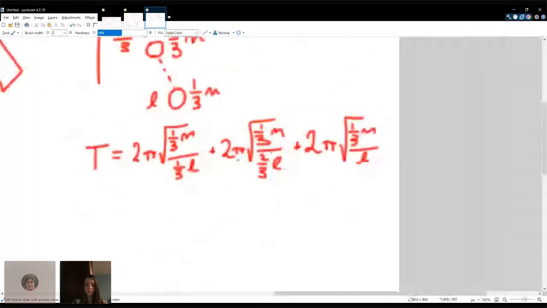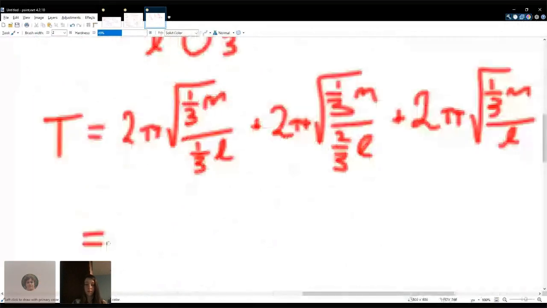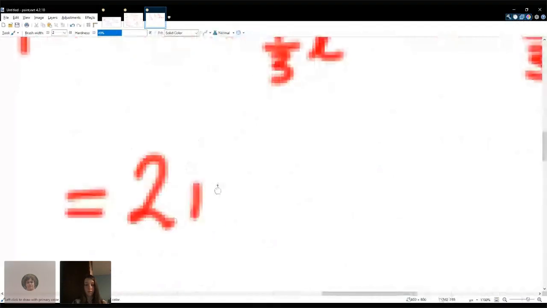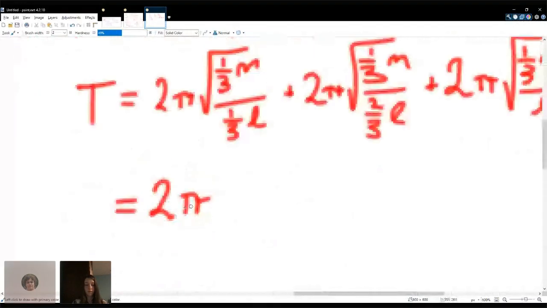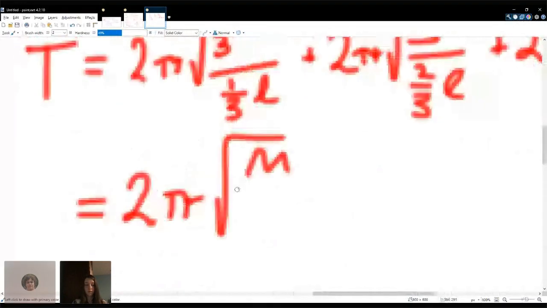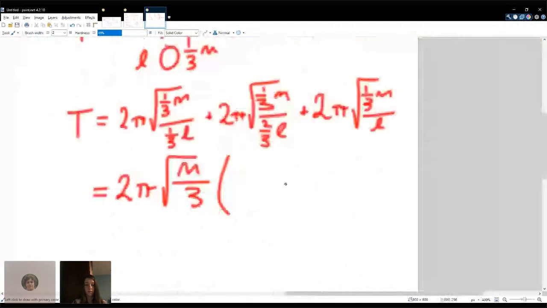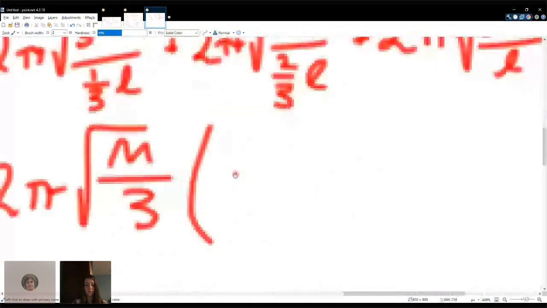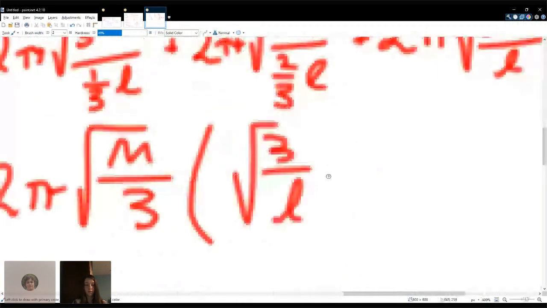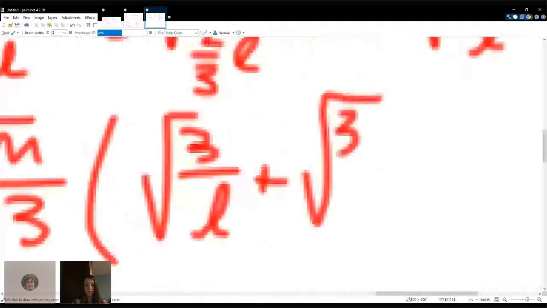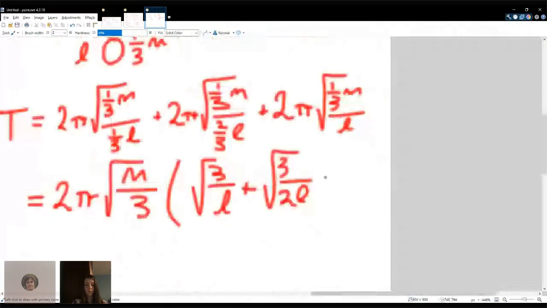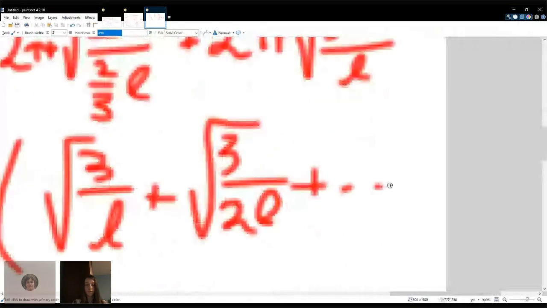And basically what happens is you have all of these have a common term of 2 pi root m over 3. And then it becomes square root 3 over L plus square root 3 over 2L plus dot dot dot with the other one. Or actually, I can just write that out. It just becomes square root